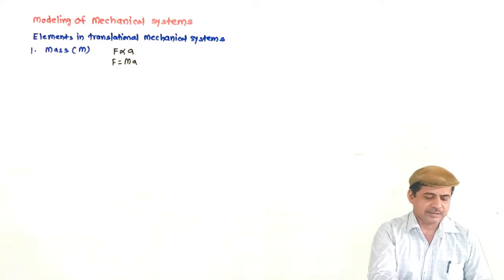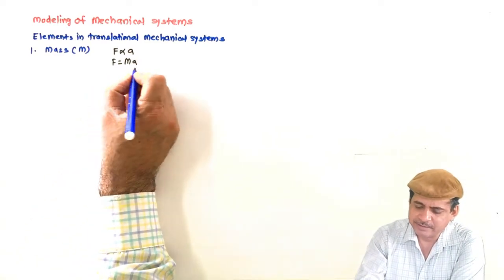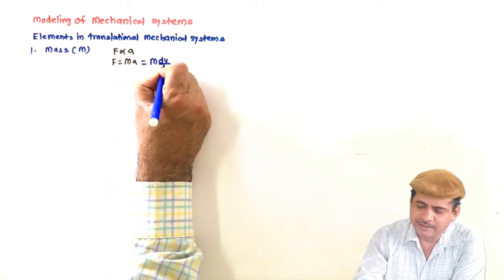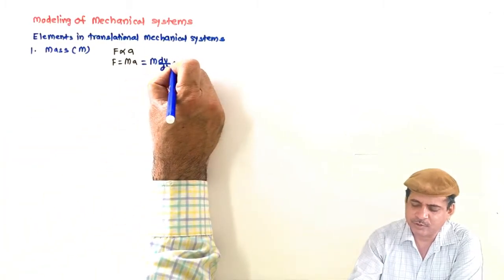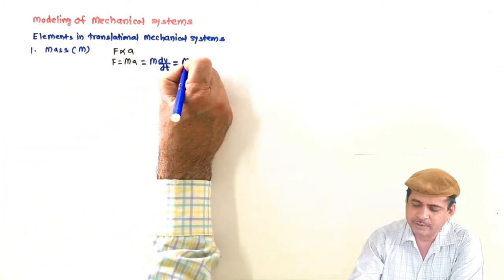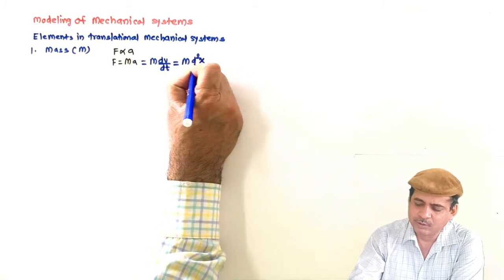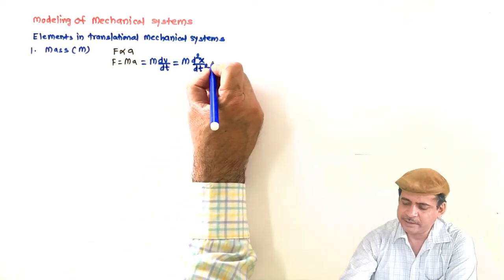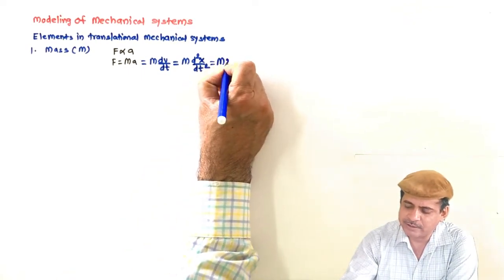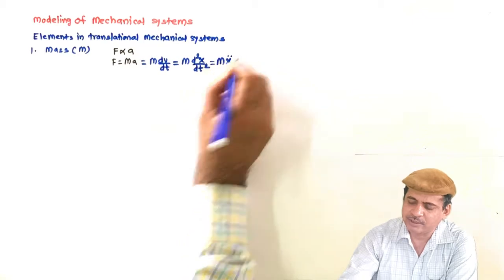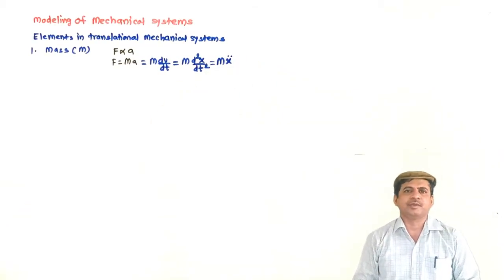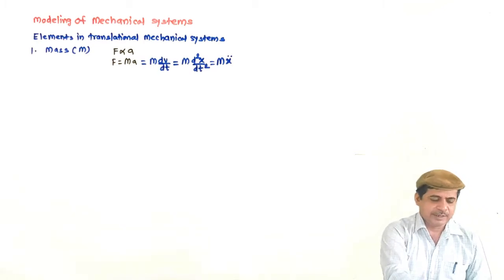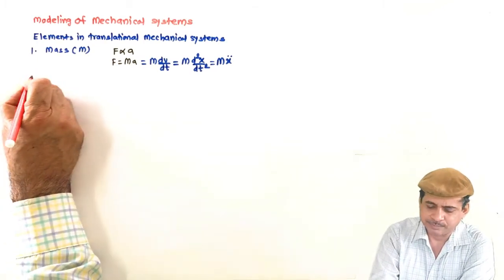And acceleration is the rate of change of velocity, so F is equal to M dv by dt, which is also written as the double derivative of displacement x, M d2x by dt square. And in mathematical convention, it is also written as M x double dot. This double dot represents the double derivative, single dot represents single derivative. The next element is damper,